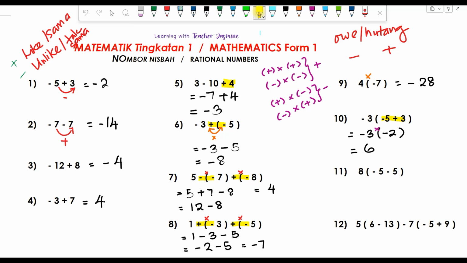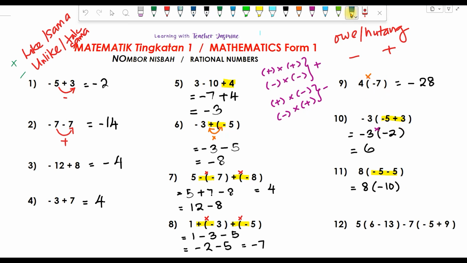Next one. Negative 5, negative 5. That means you are owing someone 5 ringgit and then you owe the person another 5 ringgit. So that means you are owing the person in total 10 ringgit. Or you follow this concept, like symbols means you must add the numbers. So 5 plus 5 gives you 10. So this is a negative 10. So 8 kat depan tulis balik semula dalam kurungan negative 10. So sekarang dah sama macam ni kan? Yang ini sama, betul tak?